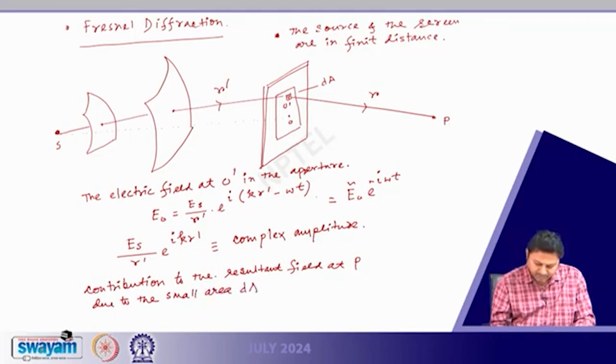I am just trying to find out the contribution at this point P due to the small area dA,